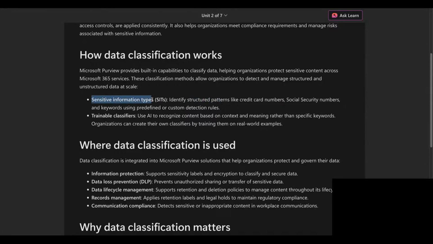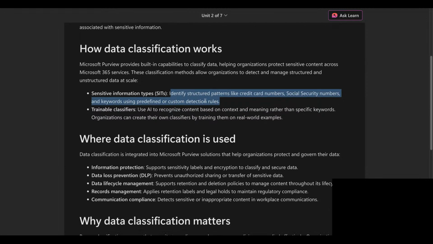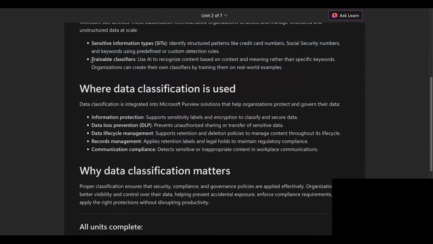So this one, sensitive information type, identifies structured patterns, credit card numbers, ID numbers, and keywords on structured documents. Trainable classifiers, this one is different. Remember, this one is pre-configured. It comes with this Microsoft product. This one is a trainable classifier. It uses AI, so it doesn't use specific patterns or keywords. It uses AI to recognize content based on context, meaning rather than specific words,